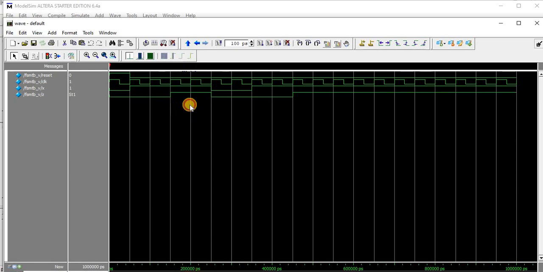Then the fifth input is 0, so the output goes to 0. Then it will wait for one more sequence of 1s, the second one arrives, and at the third one the output goes to 1.